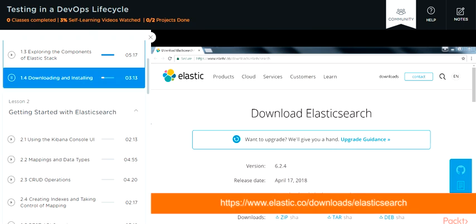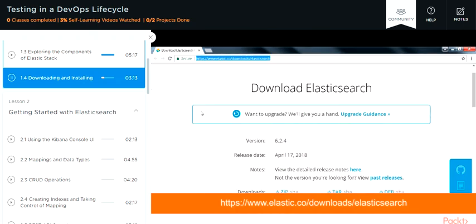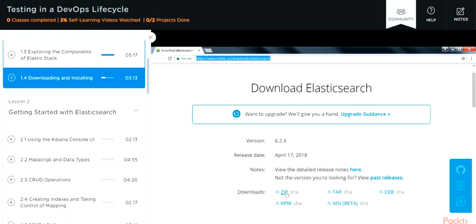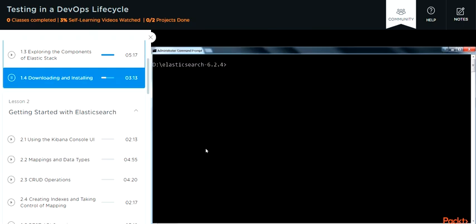To download the zip distribution, let's go to the official website of Elastic and click on the download option zip. You can also download an older version if you are looking for an exact version. Then we need to extract the files. In our case, we have already extracted the files. Now we will navigate to the command prompt and change the directory to the top-level extracted folder, as you can see here. In the command prompt, we will run